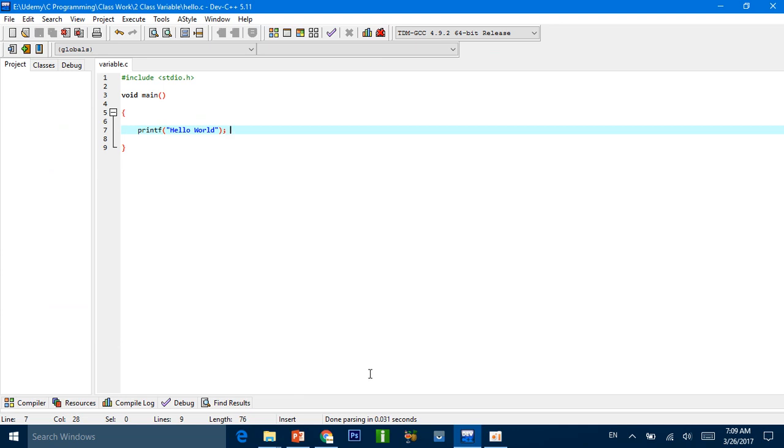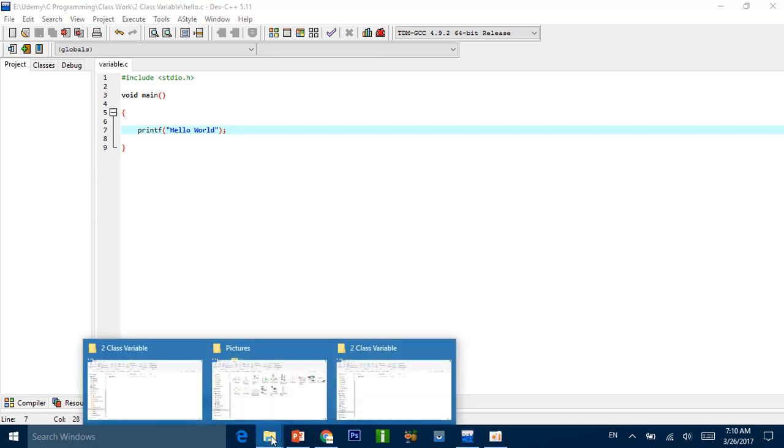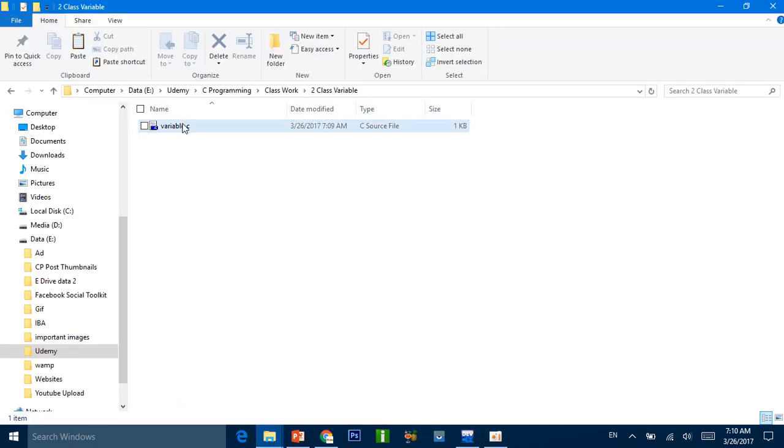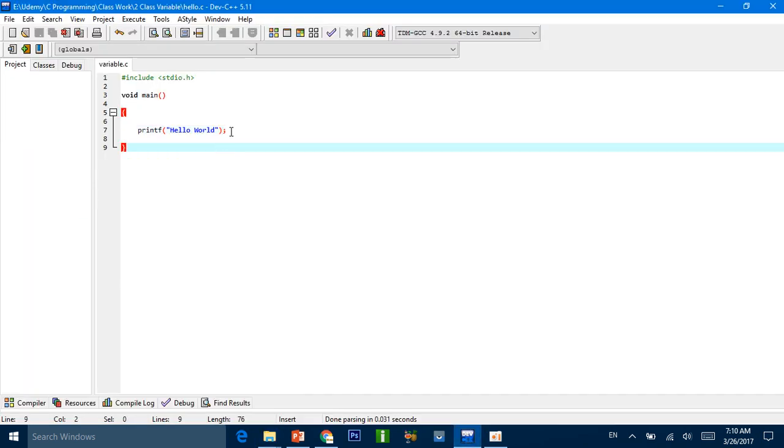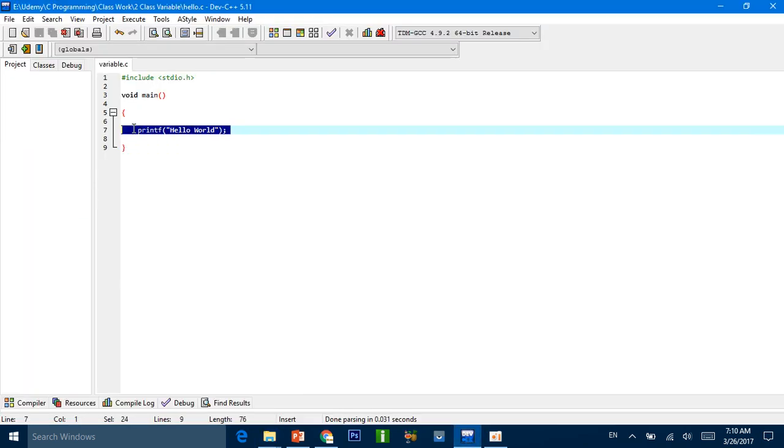Here you can see I haven't compiled this file, so it has not created any exe file. So I'm coming back here and I want to create a variable of integer